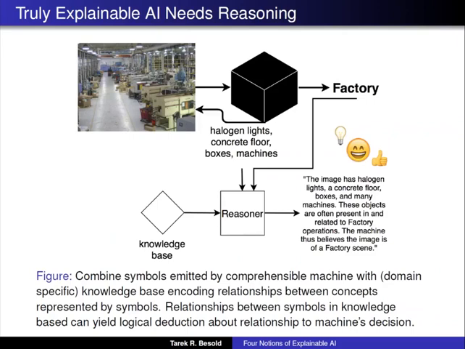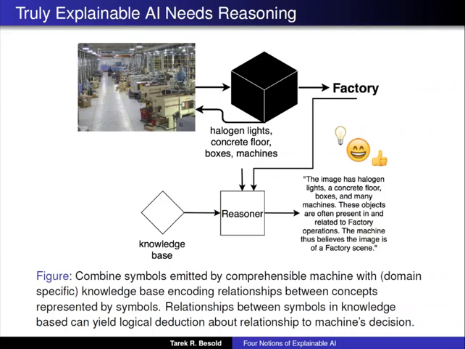How could you, for example, do that? Going back to the somewhat stupid but illustrative example of the factory. Say you get the comprehensible system where you know it has the lights, the concrete floor, the boxes, and the machines. And, oh wonder, you happen to know an ontology engineer, and that ontology engineer built you a domain ontology over buildings and types of buildings. In this case, you take the labels, you throw them against your ontology or knowledge base, and your reasoner tries to map why one might lead to the other, which is a pretty simple problem solved for all somewhat usable description logic formalisms. And it then can actually cook up a story along the lines of: